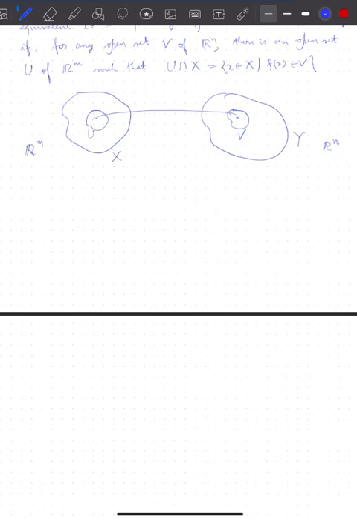Right now, we have one more definition, what we call homeomorphism. This is a very important concept. And a further advanced version of homeomorphism is what we call the diffeomorphism. So in homeomorphism, what we say is that if F, the mapping F from X to Y, if this mapping is continuous and bijective,